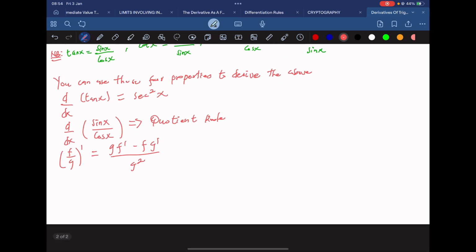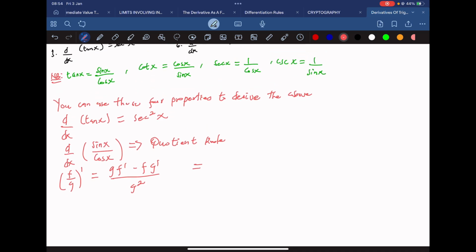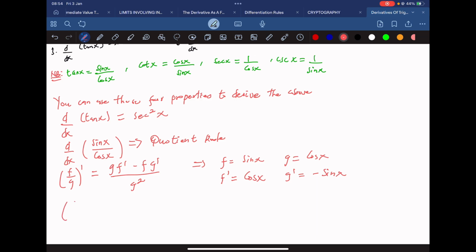So in this case, always remember your f is the numerator, so our f is sine x and our g is cosine of x. So if we differentiate f, remember sine of x, if you differentiate you get cosine. If you differentiate cosine, you get negative sine of x. So making the substitution, we have